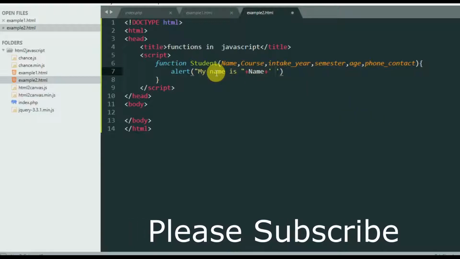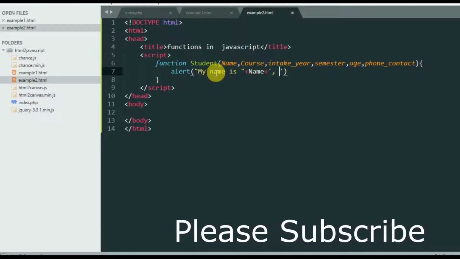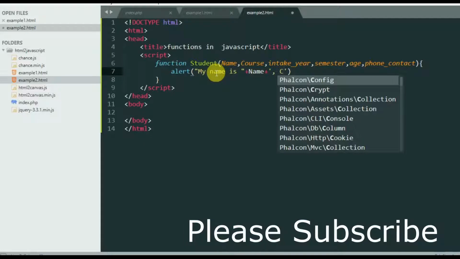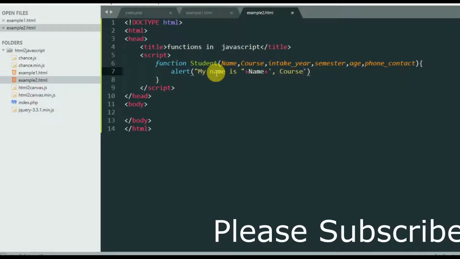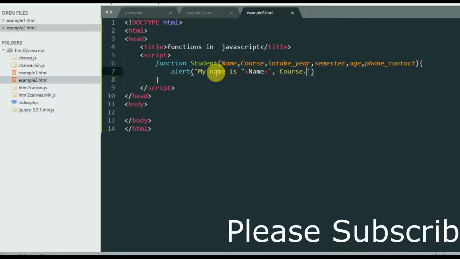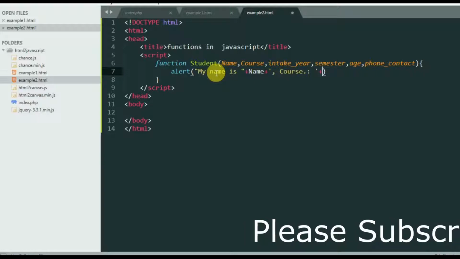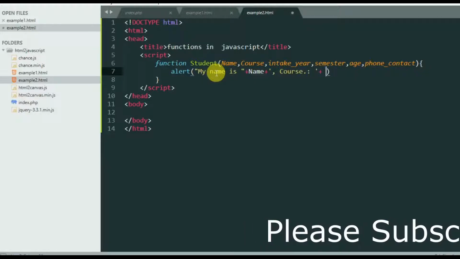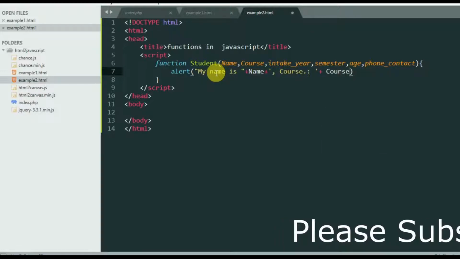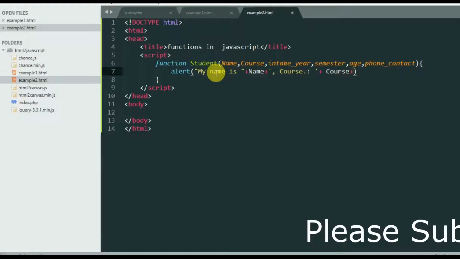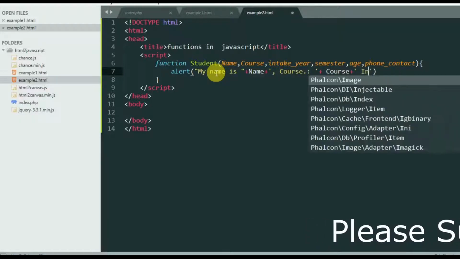And then here I may also say course. That implies you have name, I can give a comma there, and I also give course, where course in this case can also be course. For this time I can give a full colon there, and then I say course itself as course. Then on the other hand, I'm also going to add something like the intake. I'll just say intake here.